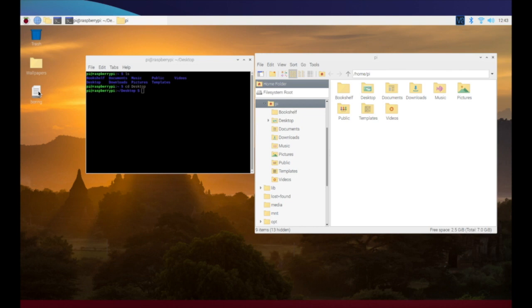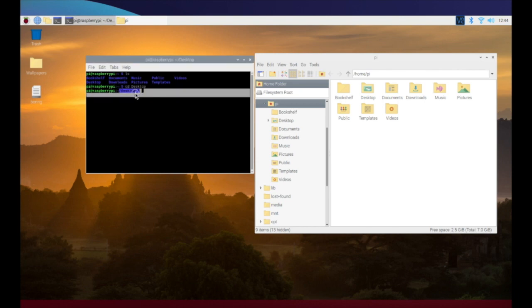And so now what I can do is I can then actually pull up that file. And the way that I can do that is, now that you can see here, I changed directory to desktop. Now you see desktop here, so I'm in that desktop folder. And if I hit list, you're going to see that I've got boring as a file and I've got wallpapers as a folder. So you see how they're color coded based on what they are. And if I type in boring,